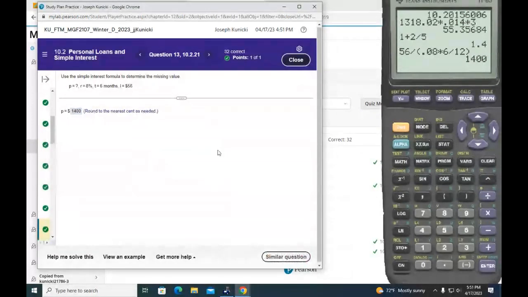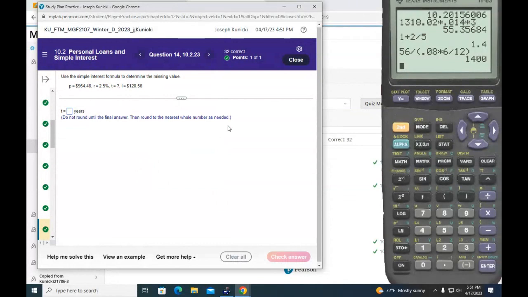Okay. 21, 23. So now we want to solve for T. So it's the same idea. Just replace the T with the P, so you would have I over RP equals T. Because I'm dividing both sides by RP, on that formula. But remember now, once again, don't forget the parentheses. So you always start with I in the numerator,